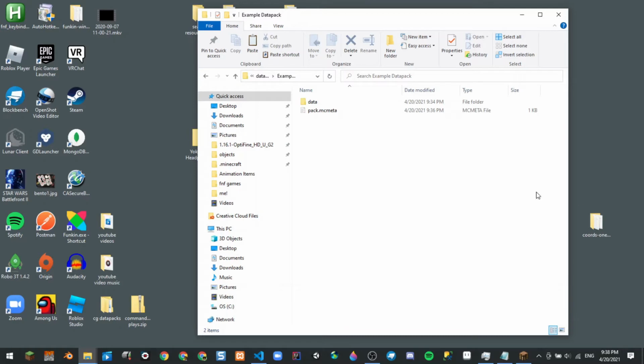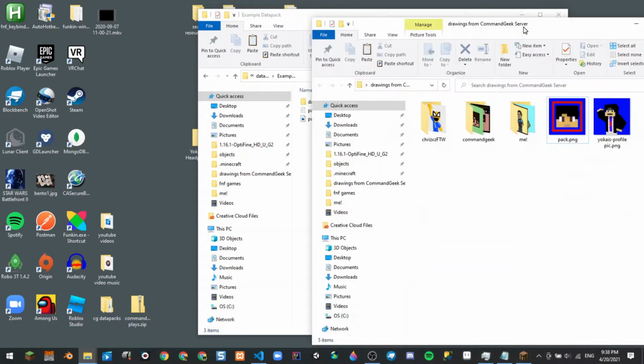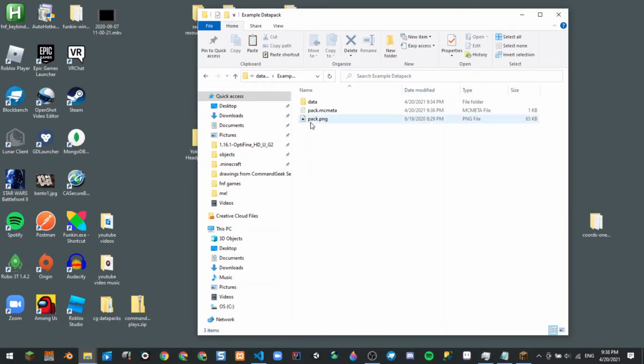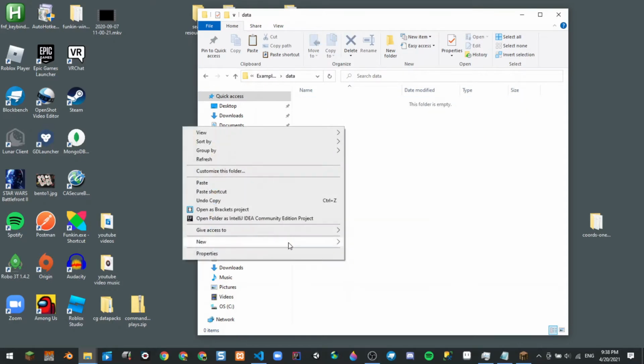Another quick thing that I want to mention, it's optional, but I recommend putting it. It's pack dot, any picture you can put in as long as it's square. For example, I use this one, and it also needs to be named pack, and it needs to be a PNG file. So anyway, let's go back in here, data, and then let's